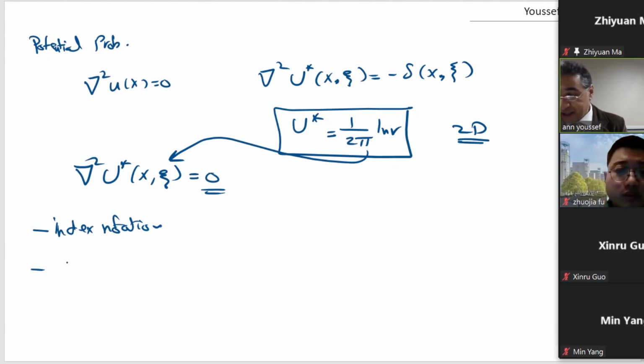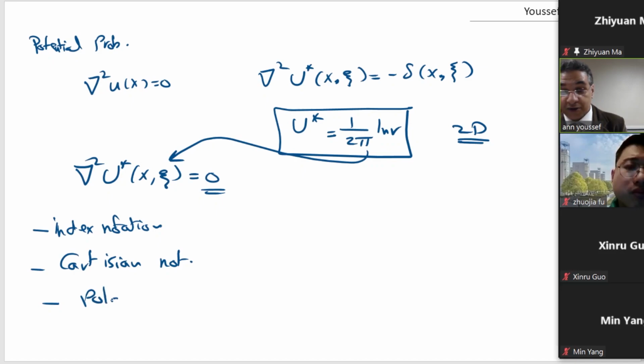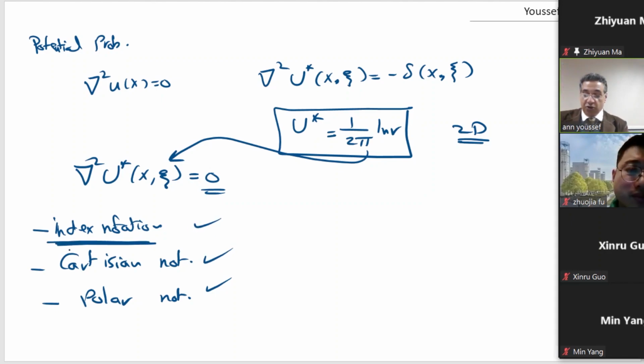I want you to verify this using Cartesian coordinate notation. And I want you to verify this using polar coordinate system notation. You have to verify this, and you'll see how easy the index notation is when you do this. By this,